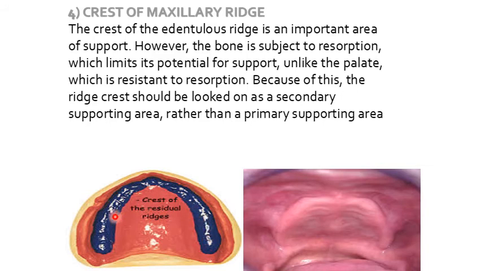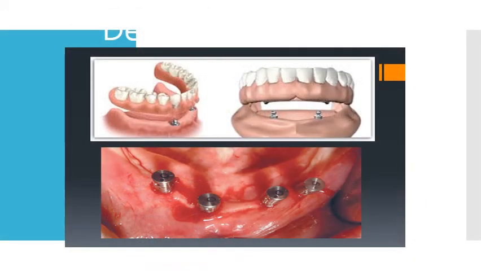However, this bone is subject to resorption, which lowers its potential for support, unlike the palate, which is resistant to resorption. The palate resists resorption, and the ridge is less likely to resist resorption. Because of this, the crest of the ridge should be looked on as a secondary supporting area rather than a primary structure. For more support to the prosthesis, a dental implant is used